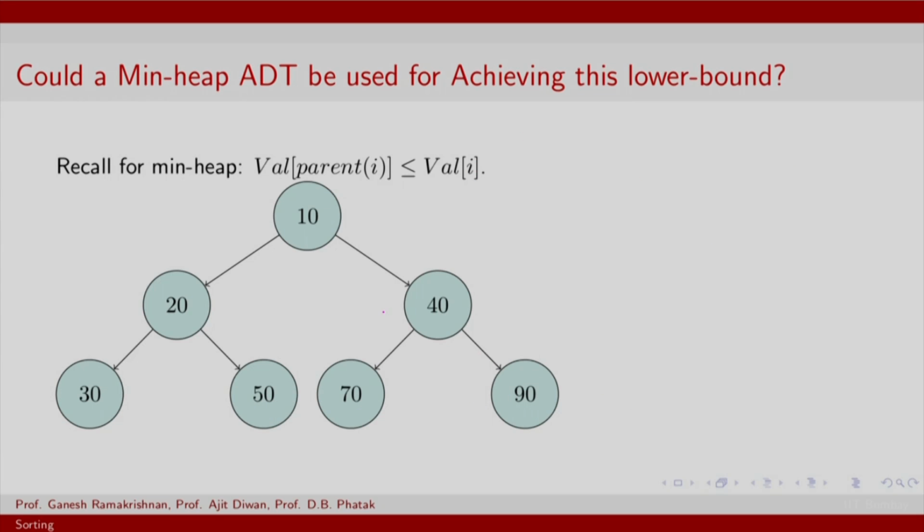Recall that a min heap abstract data type stores the index and the value of the smallest element in the root, and the smallest element is defined as that which has the lowest value. This must hold not only for the root but for every substructure. So in general, the value of the parent of i must be less than or equal to the value of i, which is all the other descendants. We see that 40 is less than 70 and 90 and so on. So this is actually a min heap,